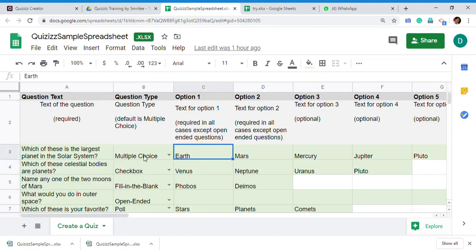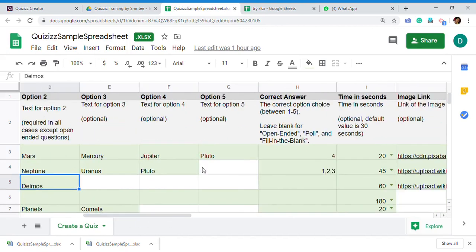Then if it is a multiple choice question, the checkbox question, or fill in the blanks, these three types of question need the options of the correct answer. Means options for the answer. So multiple choice answers, checkbox answer, and for filling the blanks, two correct answer choices. So after writing this, five options are available here. After writing five options, you have to give the correct answer.